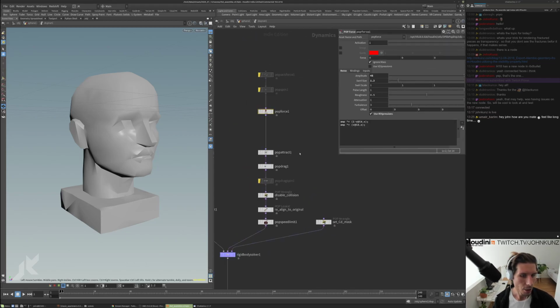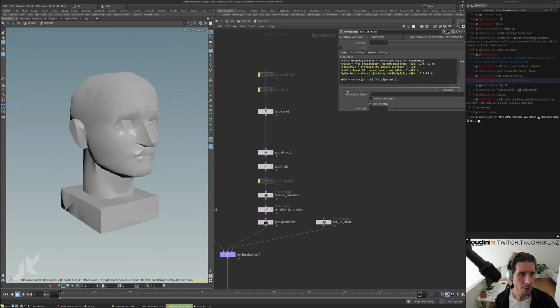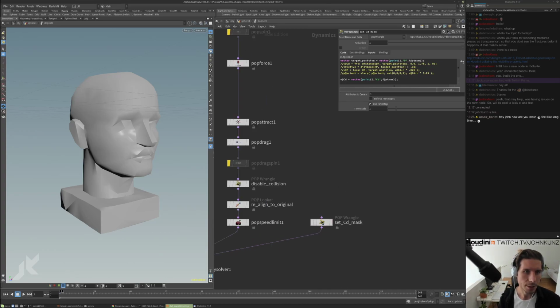So now we just need to go in here and update things. This one is constantly retrieving information from the source geometry or the input geometry, and we were pulling in the color value every frame to retrieve the animation or the changes of the states. So instead of doing it like this, this is going to be an integer, and we have released,